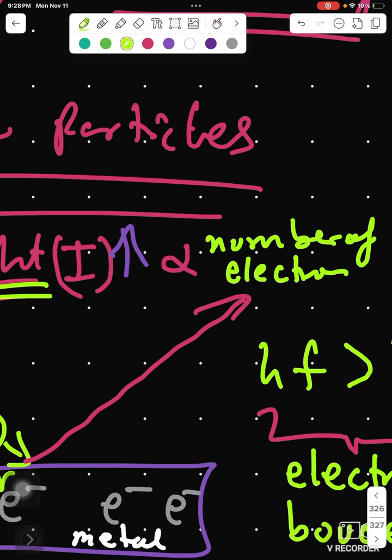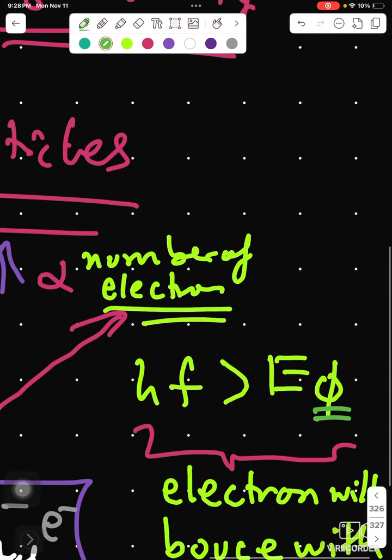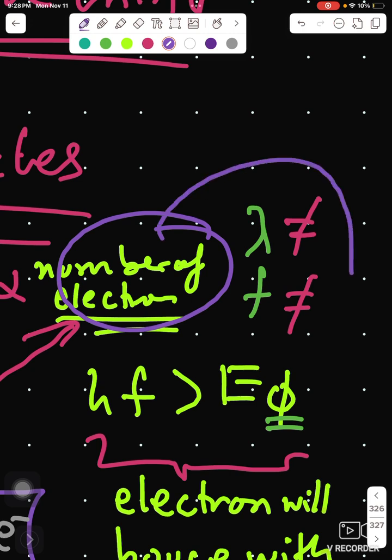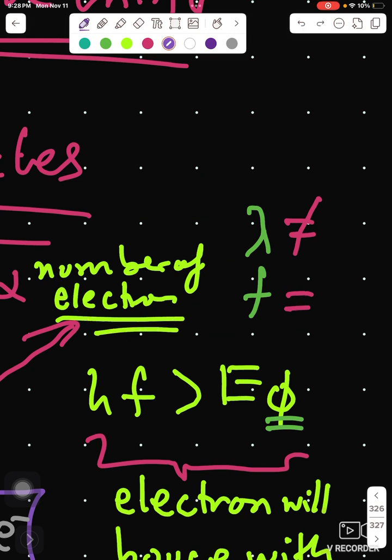Okay, and a change in frequency and wavelength will have no effect on the number of particles escaping,